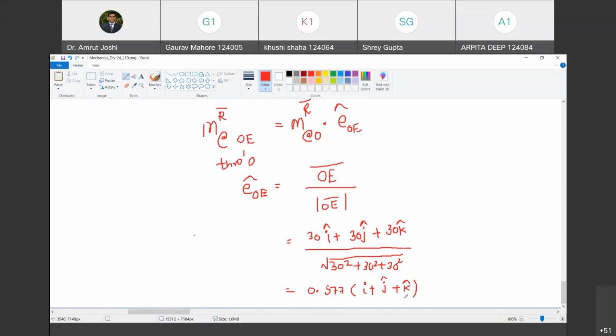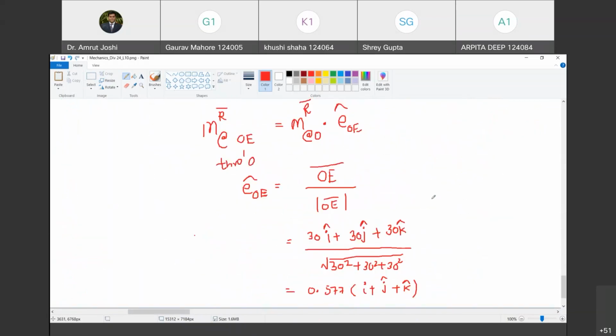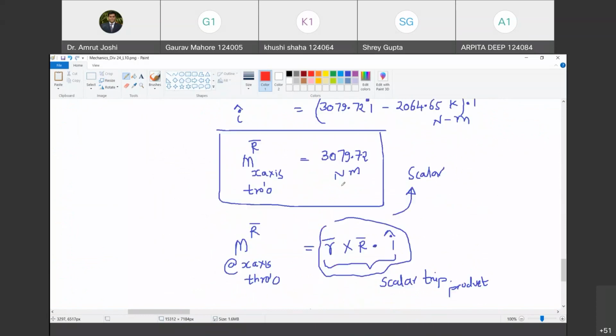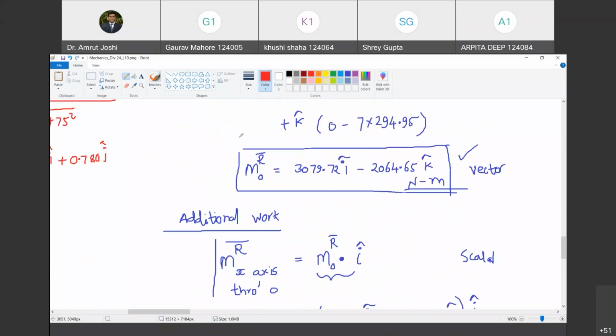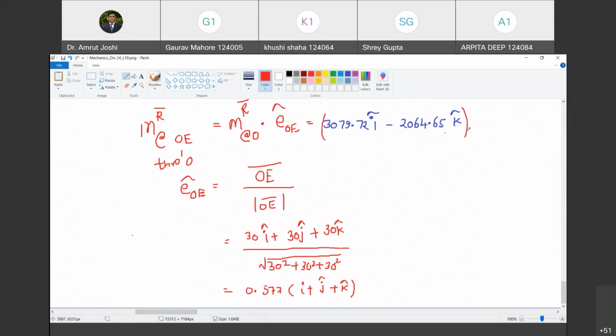Yes, sir. Okay. So what do we do next? So next is we have to take dot product of these two. So do we have moment of R bar about O? Yes, it is this quantity. Happy? Yes, sir. So let me borrow that quantity here. It is equal to this quantity multiplied by or its dot product with this.